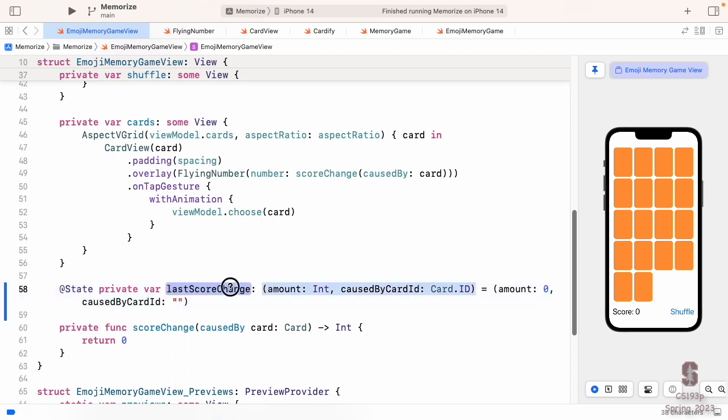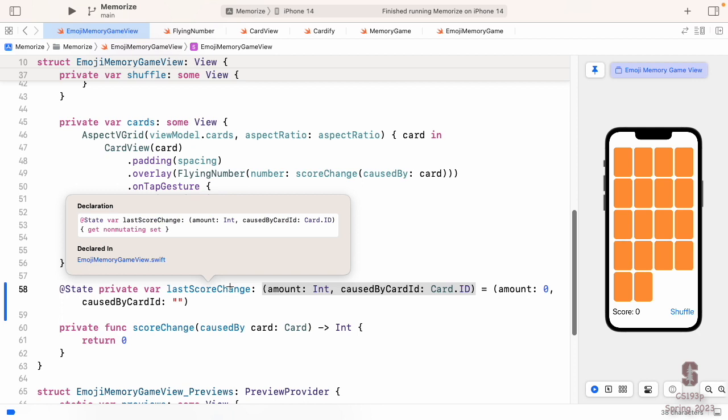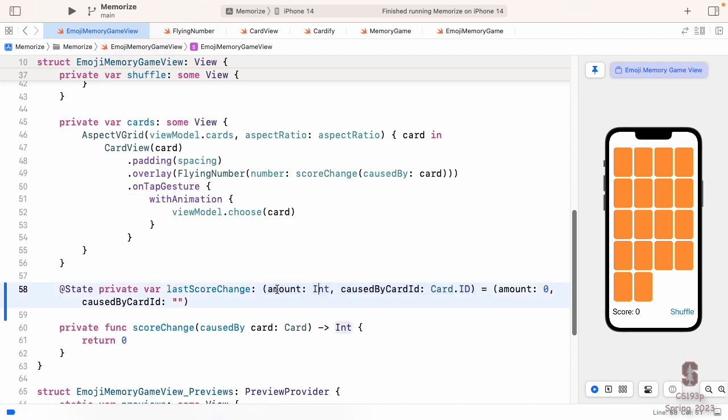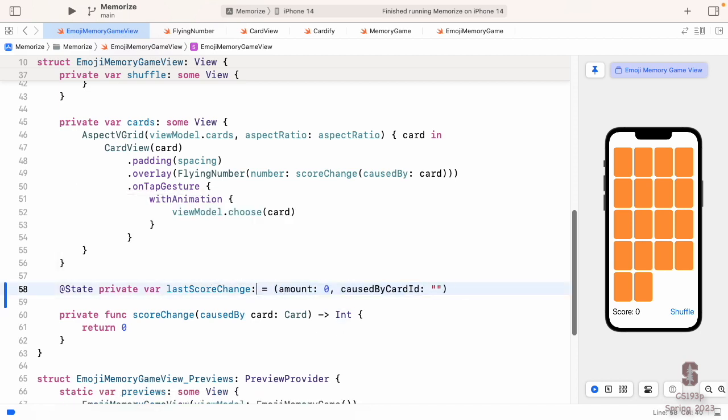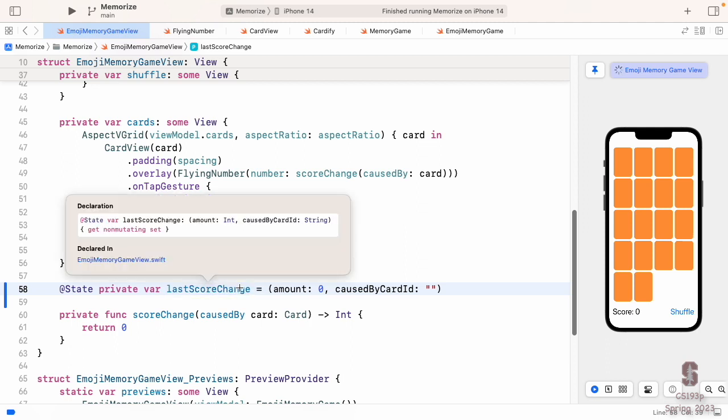Even though if I option click on this, you can see its type is a tuple, right? Where the first thing's an int called amount, and the second one is a card ID called caused by card ID. If I take this away, it's still going to think that that's its type because it's going to infer it from the initial value I gave it.